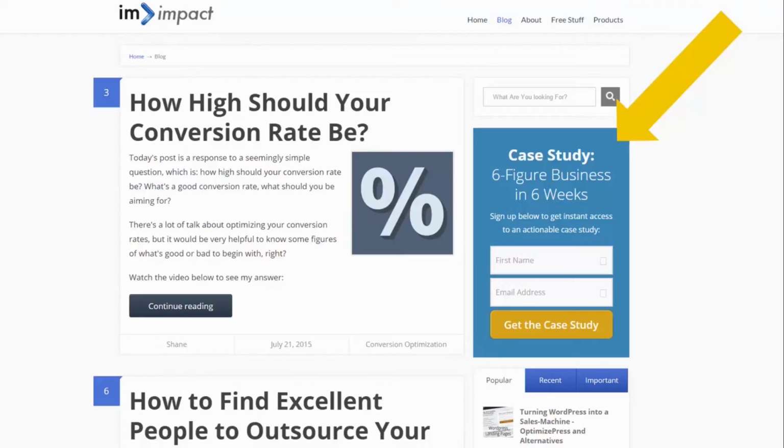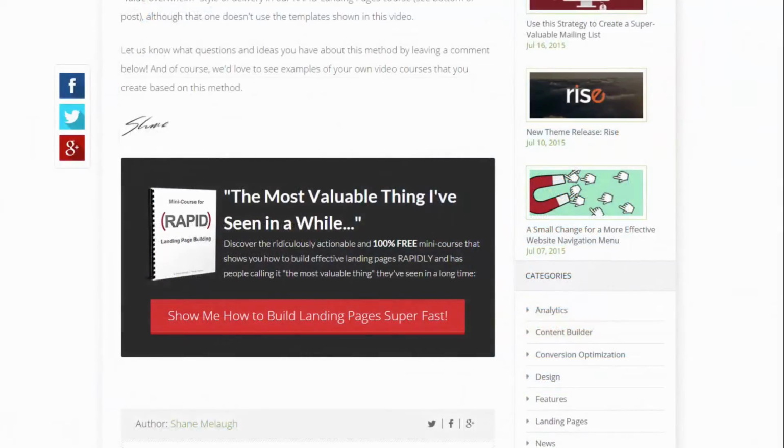Pretty straightforward. Another very typical one I call the post footer form, because it's at the footer, or the bottom, of the blog post. That's this one here. At the end of the post, you have some offer that says, get my free report, sign up here. These are the most typical opt-in forms around. You'll see them on most websites, on most blogs, either both or one of these two.